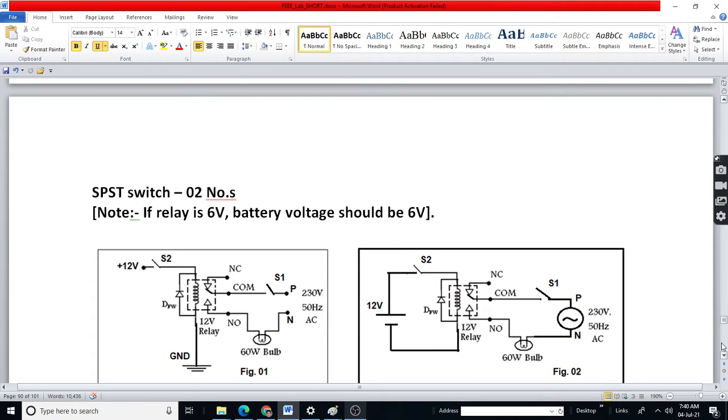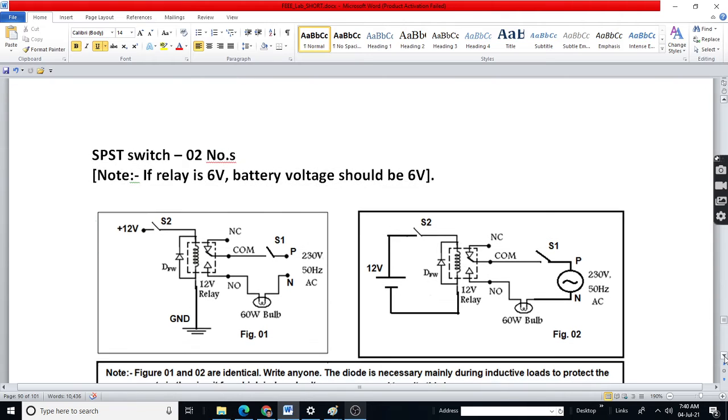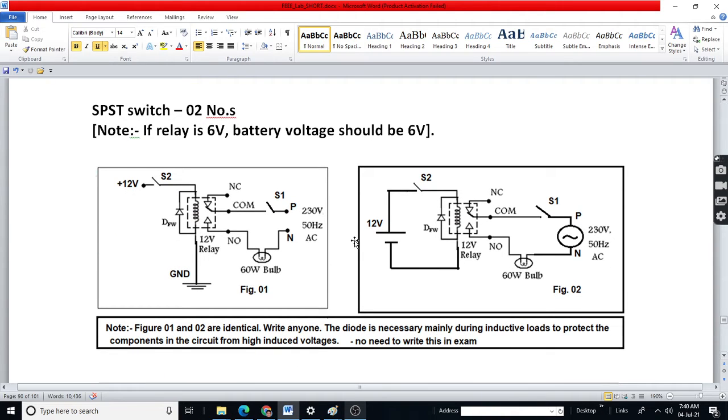Right. Now come to the circuit. See here, this relay is a 12-volt relay. If you are given a 6-volt relay, you have to apply a 6-volt power supply. If it is a 9-volt relay, you have to apply a 9-volt power supply.